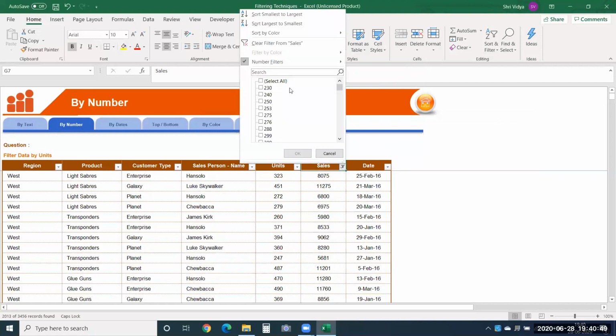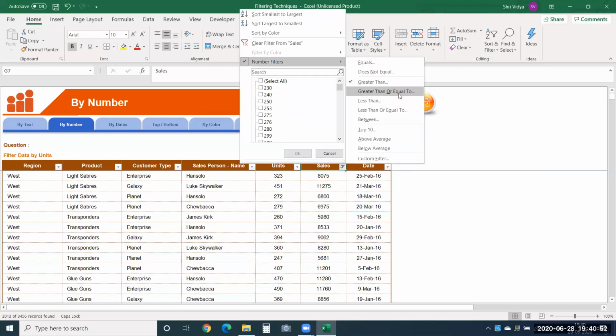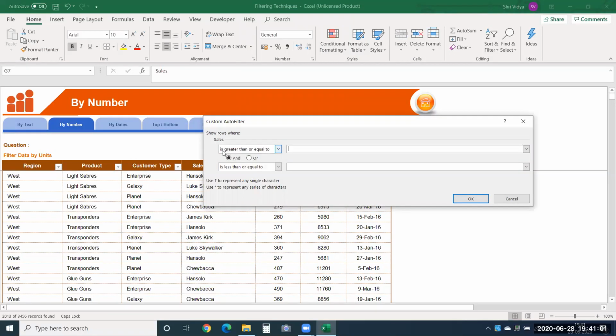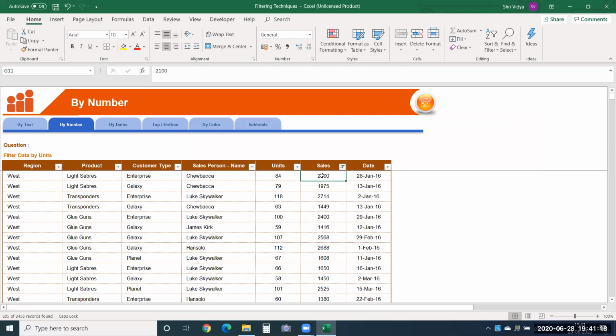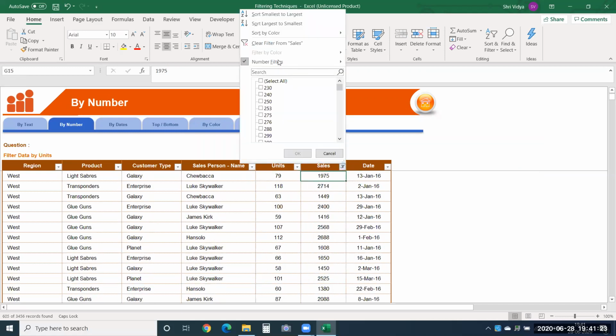In the same manner, you can also use greater than or equal to, less than or equal to. These things are going to work in the same manner. I'll show you how between has to be used. So here it says value is greater than or equal to the one that you provide here, and say all values between 1000 to 3000. Only those values I want to see. And click OK. Only those values will be displayed. So you can provide a range of numbers like that.